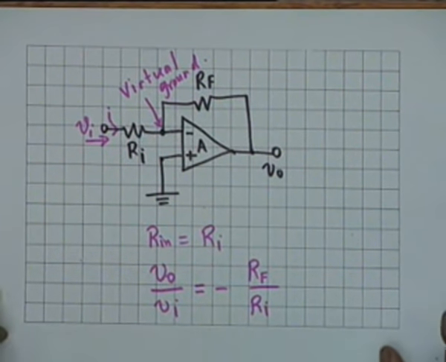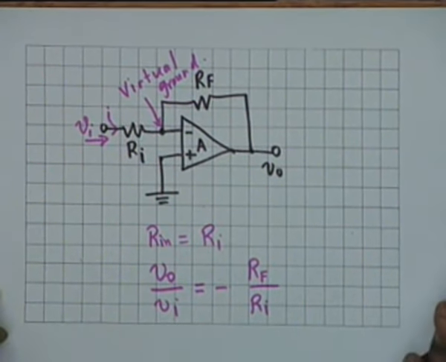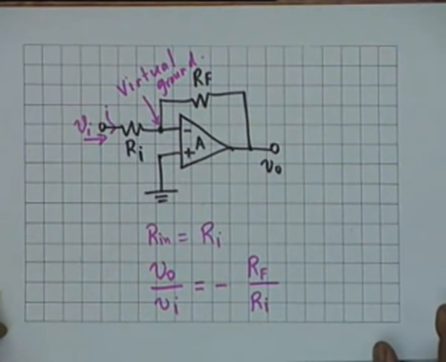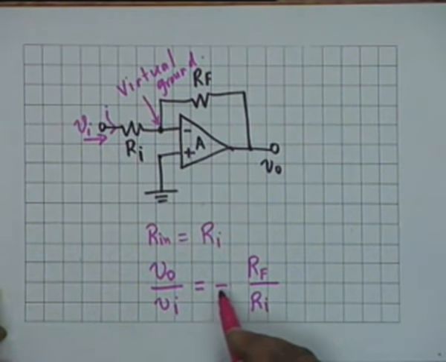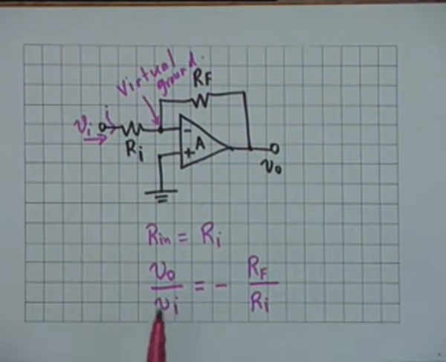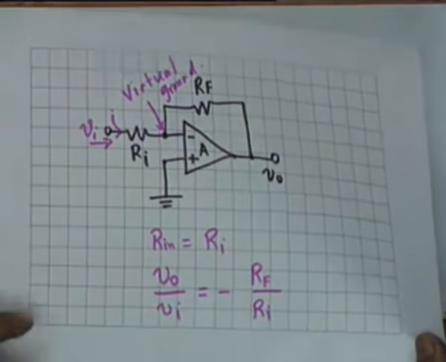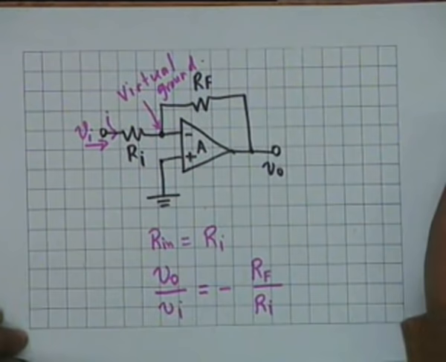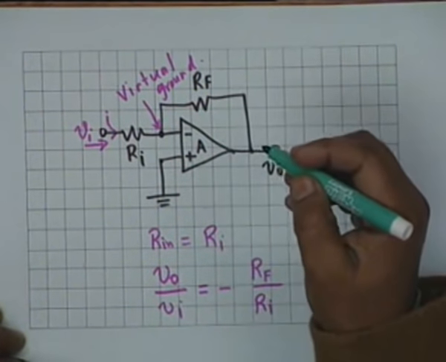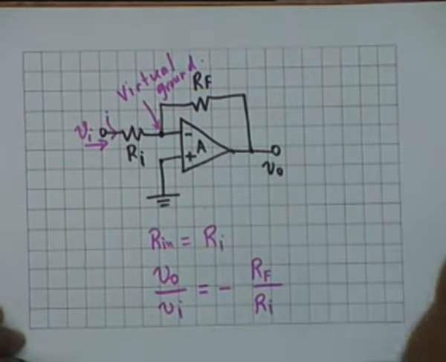If you want, this gain is obviously an inverting gain because the polarity is negative. That is, if Vi is plus 1 millivolt, then V0 would be minus 1 millivolt multiplied by the gain factor Rf by Ri. Alright. That means that in this case the relation V0 is equal to A (Vp minus Vn) doesn't hold. It does. So then sir, if it does hold, then A must be equal to minus Rf upon Ri.